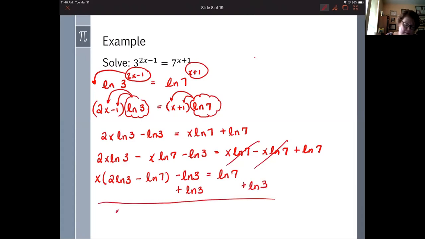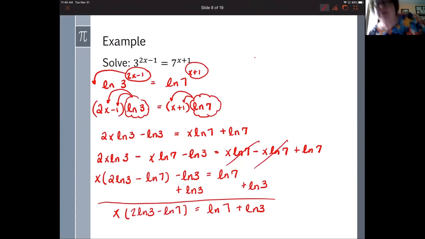So I get x times 2 natural log of 3 minus the natural log of 7 equals the natural log of 7 plus the natural log of 3. And I'm almost done, because now I can actually